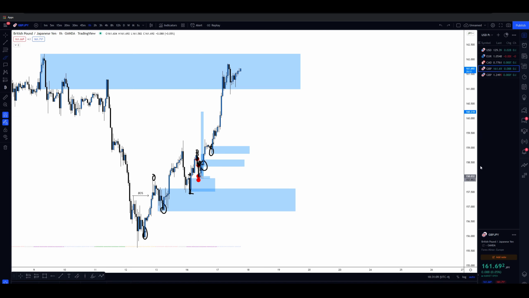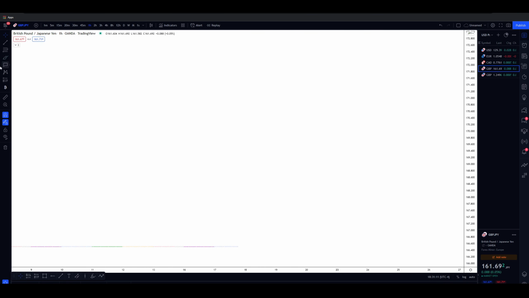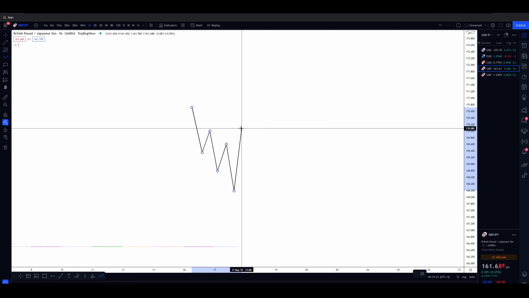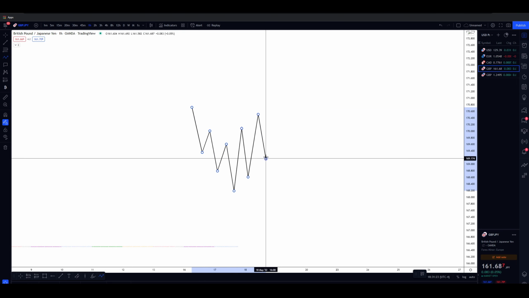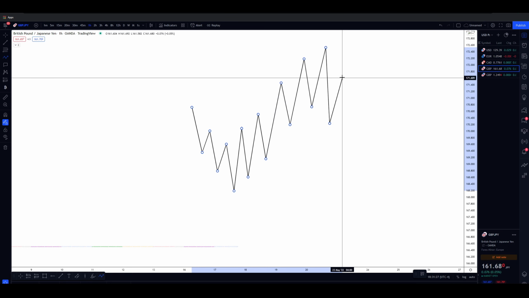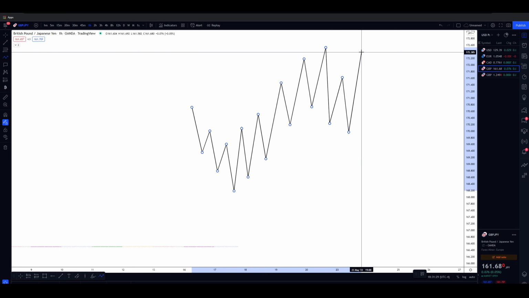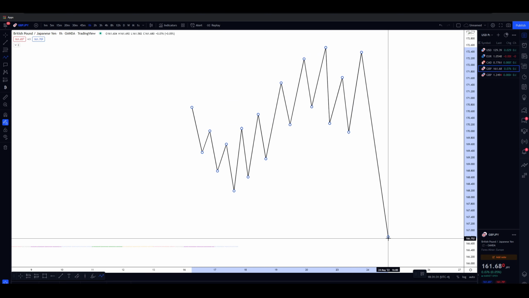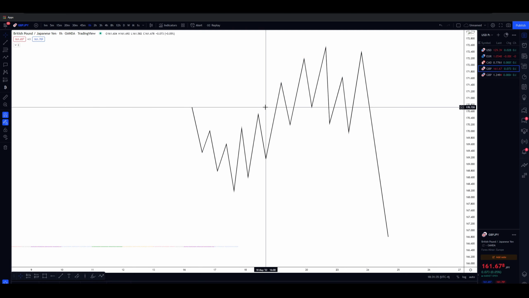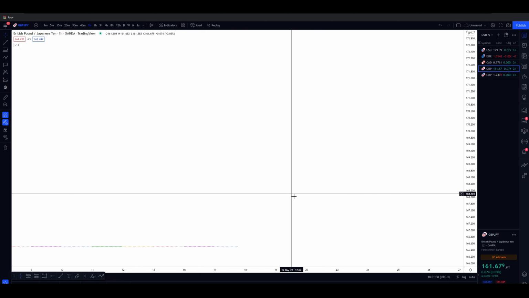Make sure you backtest it. It's really simple. First of all, you want to get this indicator right here. It's called session and days of the week. And then literally just look at how the market closed on Friday. If the market closed like this, the odds are the next week, the next market open, we're going to have an impulsive move. And then watch how the market closes that same week. If it closed like this, then the odds are on Sunday and Monday, the market is going to go down like this. So it's literally the opening and the close of the week that's going to matter the most.